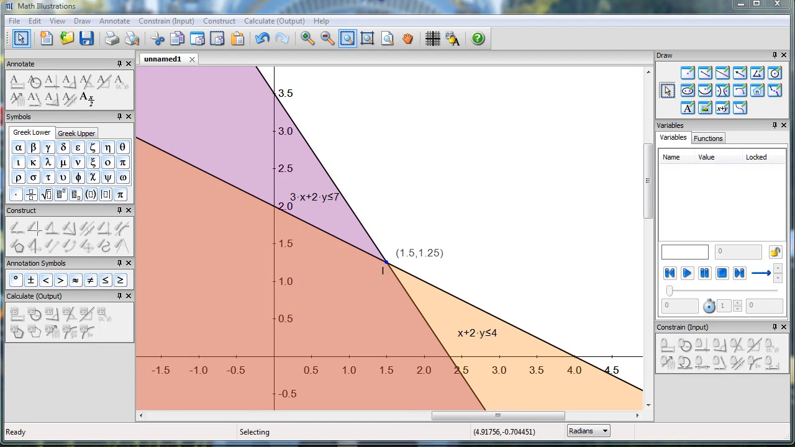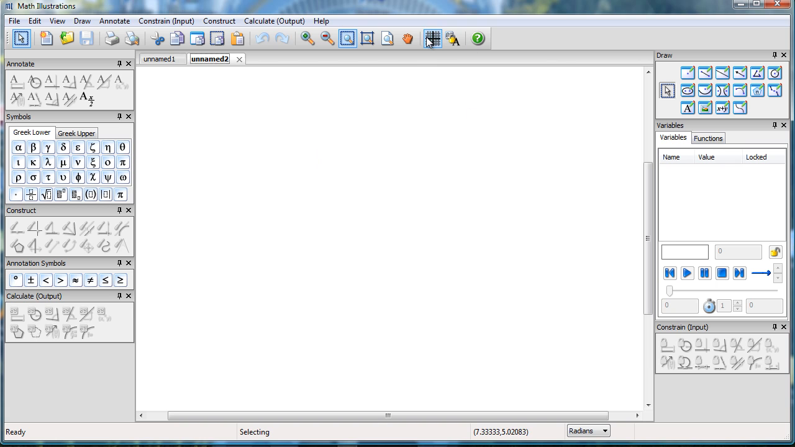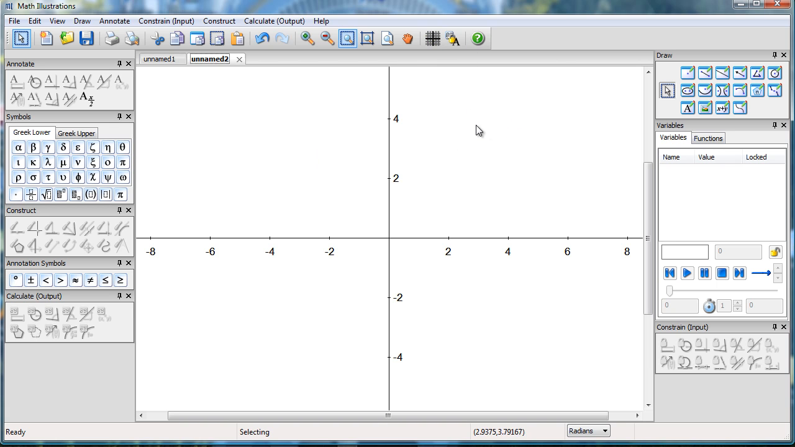I'm going to illustrate inequalities using math illustrations. I'm going to create the drawing you see here. Start from a clean sheet. So here's my axes. First of all, I'm going to zoom out because I'm actually going to use polygons to